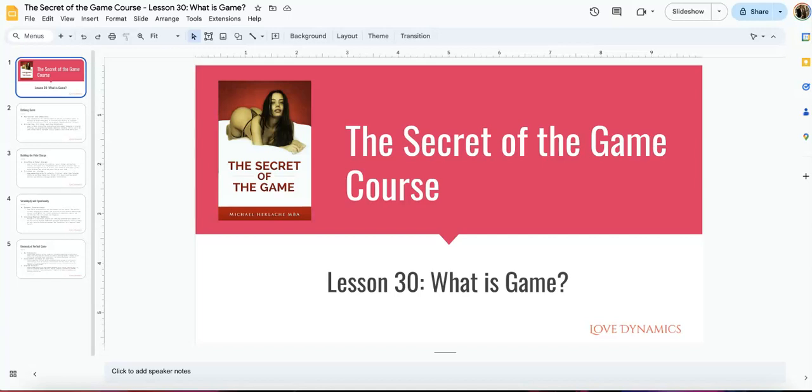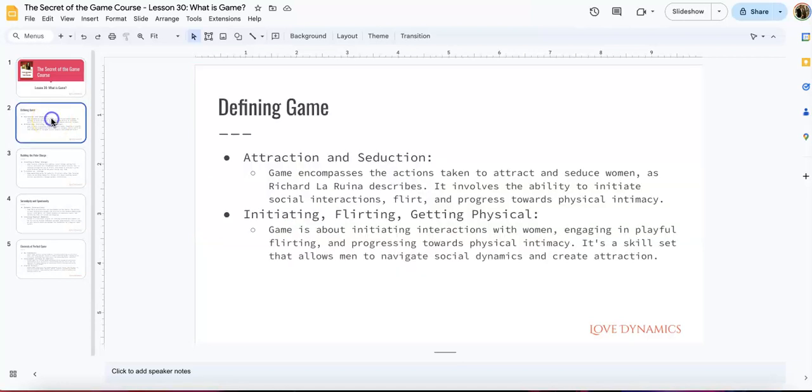This is going to be lesson 30, and we're going to be chatting about what is game. So we're really trying to understand where game fits in and what that means, because game has traditionally been thought of as really focused on pickup, when pickup is merely a segment of love life architecture in terms of beginning and starting an interaction with a girl. So we need to expand our definition of game to include things like building polarity dynamics with a girl, hypersexualizing a relationship or an interaction. And those are the things that we need to start expanding our definition of game to really have a better grasp of love life architecture itself.